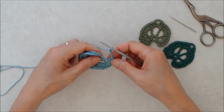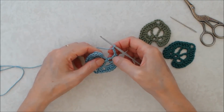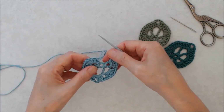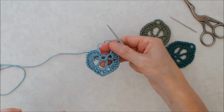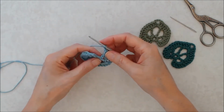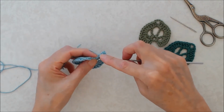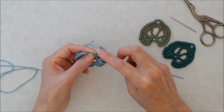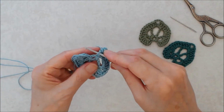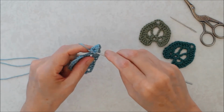and then you'll come back down into, you're actually not going to go into the chain 3 space. You're actually wanting to make the join look like it did when you started. So to do that is to do your slip stitch. It's a little bit hard to see. You do the slip stitch into that first chain 1, and grab both posts, and you're going to slip stitch into that stitch there,